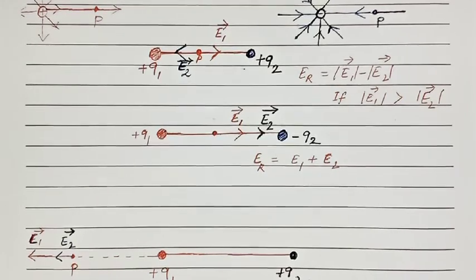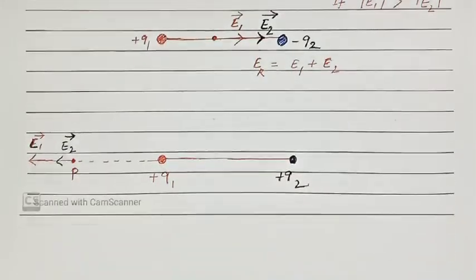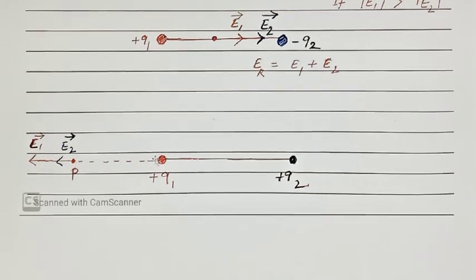Let us see the next one. Here you can see both are positive, and at this point if you want to draw electric field vectors, you can see E1 is the electric field at this point P due to Q1. As field lines are coming out of the positive charge radially outward, through that point P also it has to pass like this, and this is the direction of electric field. Similarly, due to Q2 also, through that point P it has to come out like this, radially outward.